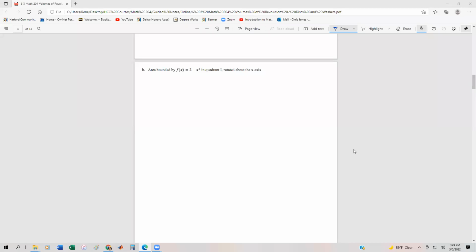Another example of being able to compute the volume revolved about an axis. This time we have the function 2 minus x squared in quadrant 1 rotated about the x-axis. Just looking at what that looks like, this is our function 2 minus x squared. Actually, if I erase that, it's going to start at 2, and then it's going to go down here. And this is the area